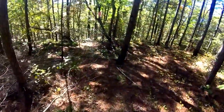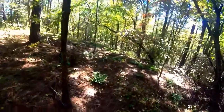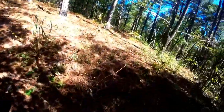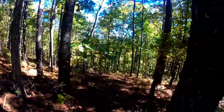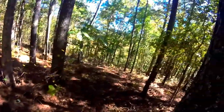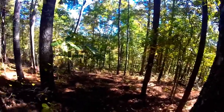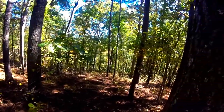I want to drop down to this old road. This road probably originally went to it. Maybe I'll make it a little bit easier getting there. Okay, that just goes straight down the side of a mountain right there. Definitely not going to be there. There's a nearby lake. I think I see it. Go to the bottom of this hill and be on the shoreline of the lake, it looks like. Not sure. Can't tell if that's trees or the lake beyond there. But according to the map, we're close to the lake, so